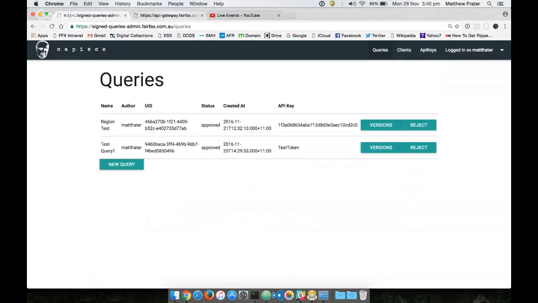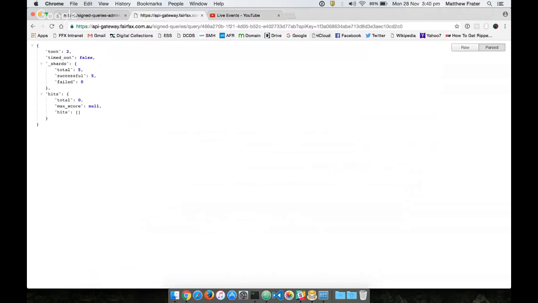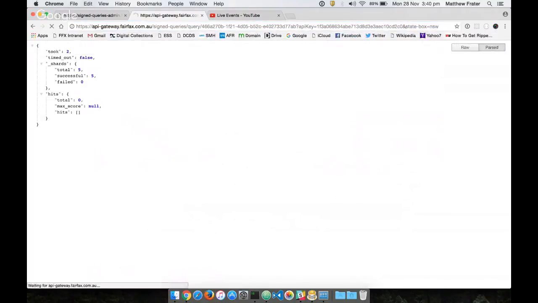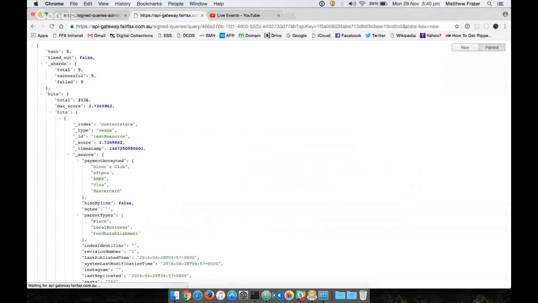So to do that, here we go. This is the actual API endpoint that the app would hit in order to run this query and get the results. So once again, our runtime parameter is called statebox. So if I was to add that statebox SW, run that query, and there you go. I've got 2,136 documents